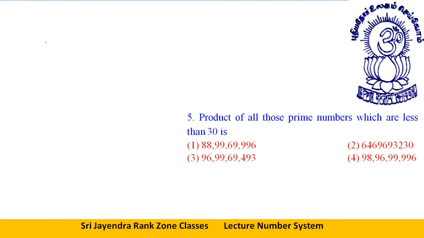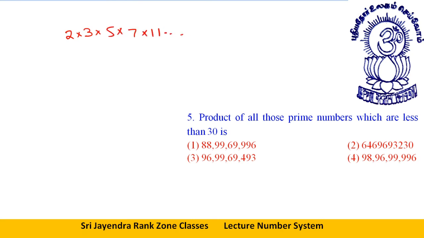Let's take a very interesting question, dear students. Product of all those prime numbers which are less than 30 is, students, this is genuinely a very lengthy question if you do it by proper calculation. Just apply a bit of logic. Product of all the prime numbers less than 30, if I start with 2, 3, 5, and so on,